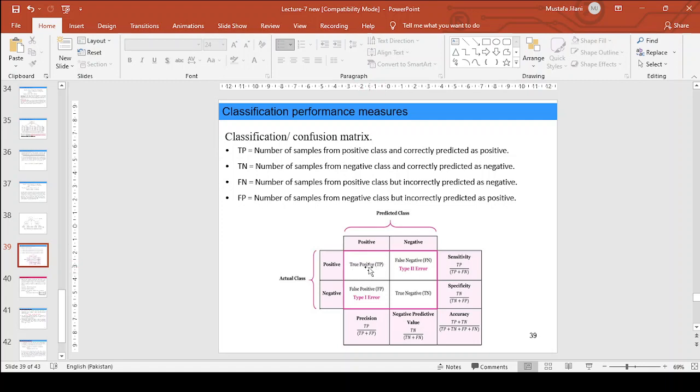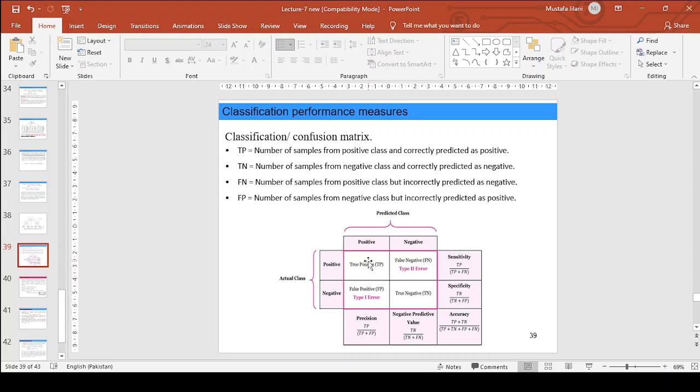Number of true positives means when actually it is positive and the model also says that the result is positive, then it is a good indication your model is performing well. But there is a second possibility: the person doesn't have pneumonia, the pneumonia test is negative, and the model predicts as well that the person is free from pneumonia, so that means it is a true negative. So true positive and true negative are good things, that means your model is good.